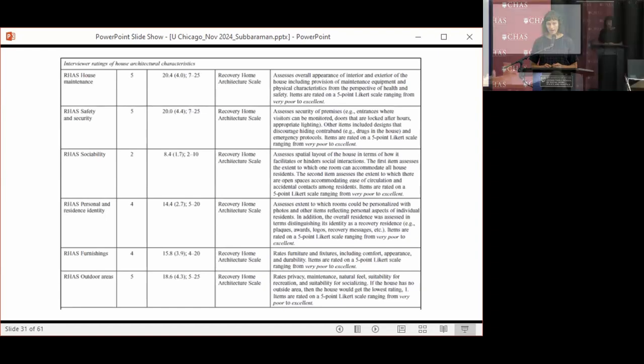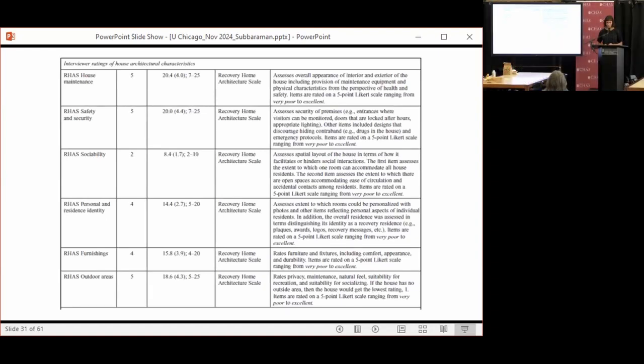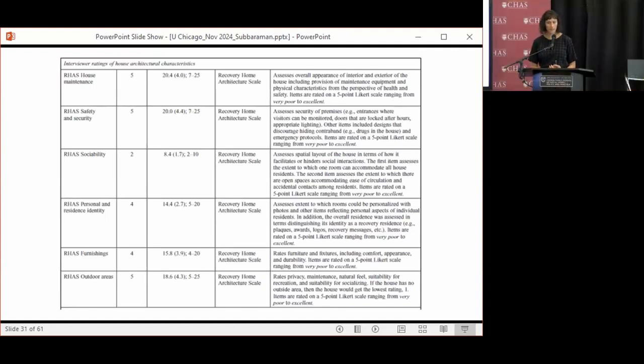So the Recovery Home Architecture Scale, the RAS, this was also developed by Doug Polson in collaboration with Fried Whitman. The RAS has 6 subscales that are listed on the far side. The second column is the number of items that are in each subscale, and then we have the average and the ranges for the scores. So for each subscale, and I apologize if you can't read from the back, so first starting off with house